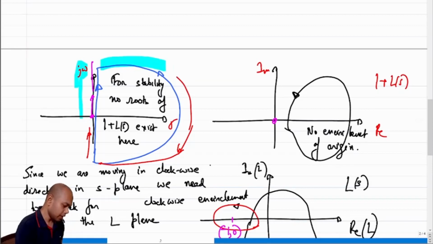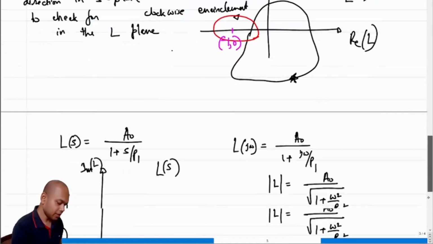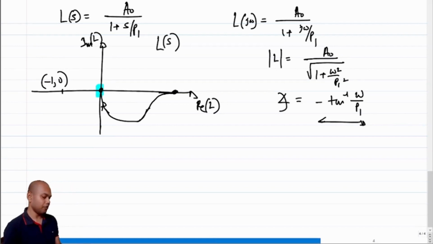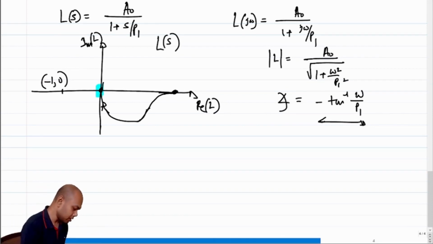So when I do this entire encirclement of the entire right hand side S plane, what will the transfer function be? It will still be 0. Then when I go from minus infinity to 0 along the j omega axis, what will I see? I will again see the same transfer function, right? But its mirror image, right? Because now essentially for whatever omega we had, we can put minus omega. It's the same transfer function, but its mirror image. So the transfer function will look something like this,